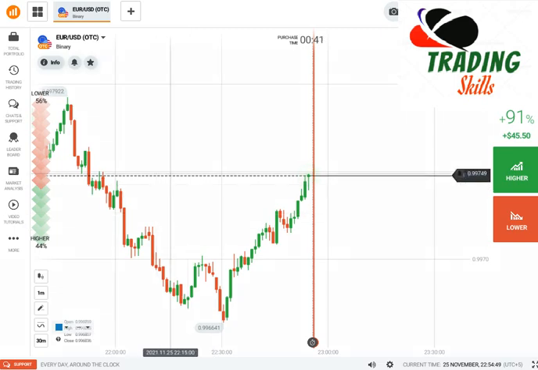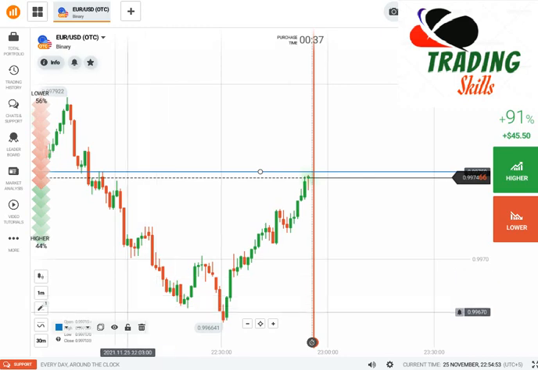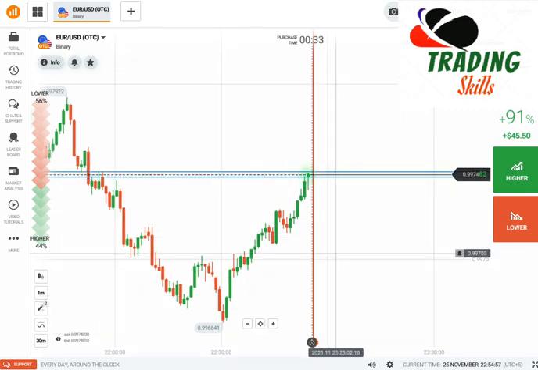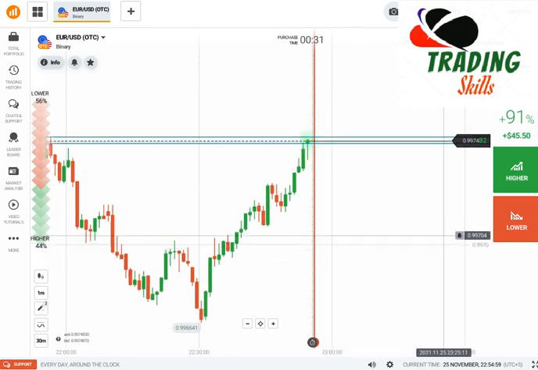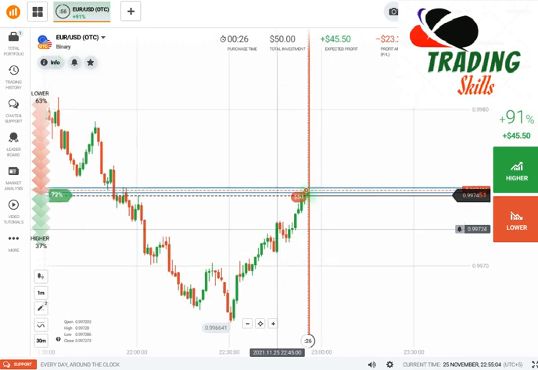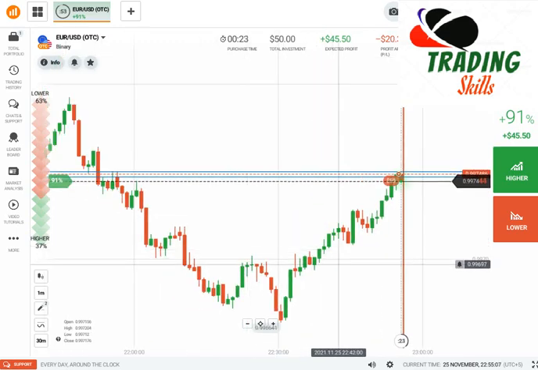Okay, so I need to wait here. Sellers can enter at any time, so no issues. Now after this candlestick I can easily go here with the sellers. If you analyze this market here,